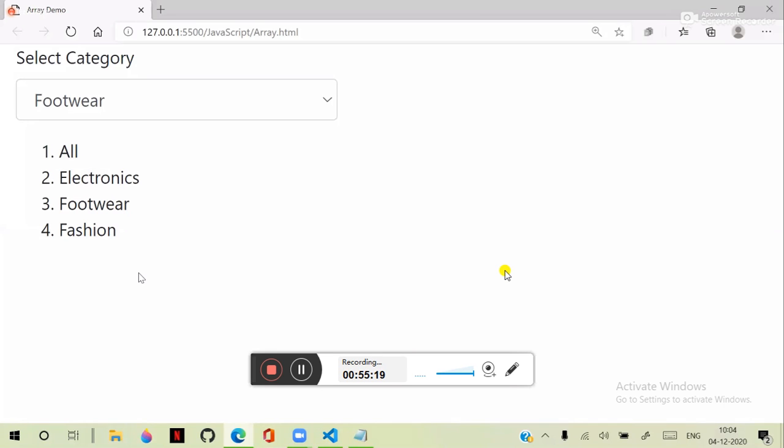Suppose I want to display in a table, then some more complexity will be there. So for example, if I want to display in a div, suppose in a div I want to show, then you can create a div, add that div into the navigations. It's your wish, you can create. To create any element,